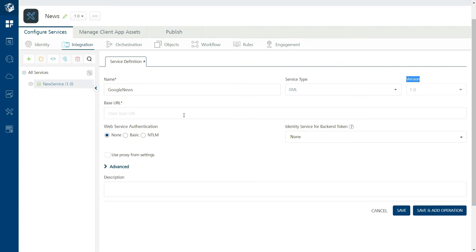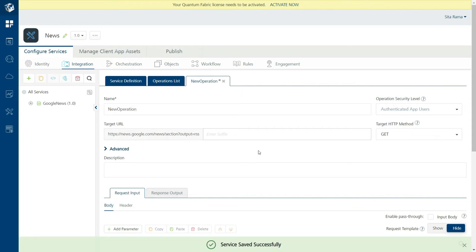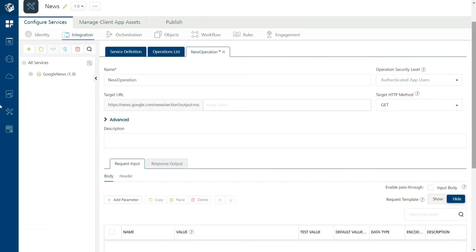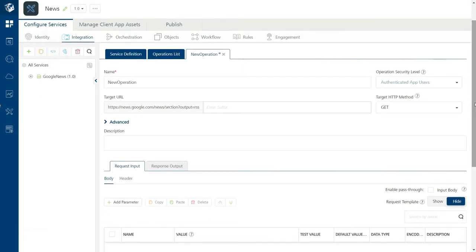Let us give the base URL. Click on save and add operation. Let us give the name for the operation.